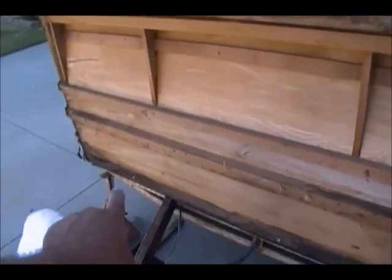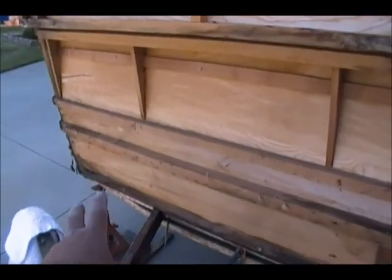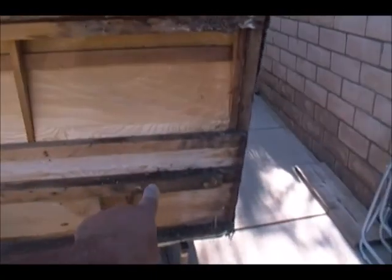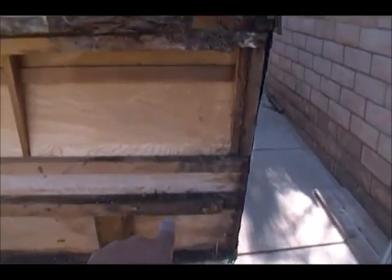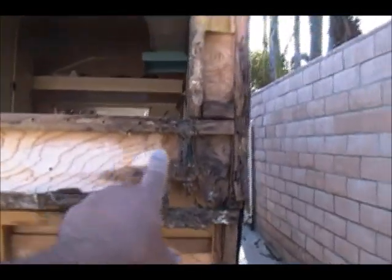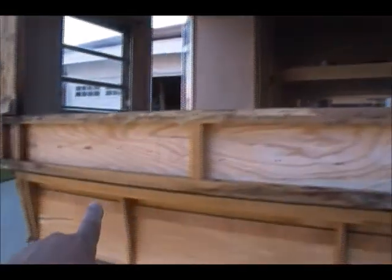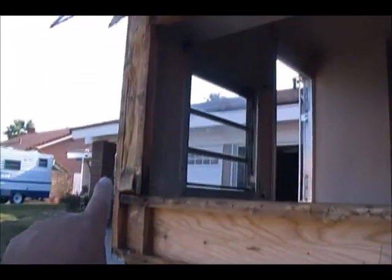I may just put one extra bracing over there on the other side just so that it's equally braced. These pieces seem to be okay except for this side. I'm going to see how it is after I clean all that off. As you can see here though, all of this needs to be replaced. So that will be on tomorrow's agenda. See what we can do. Anyways, just wanted to show you guys what I got